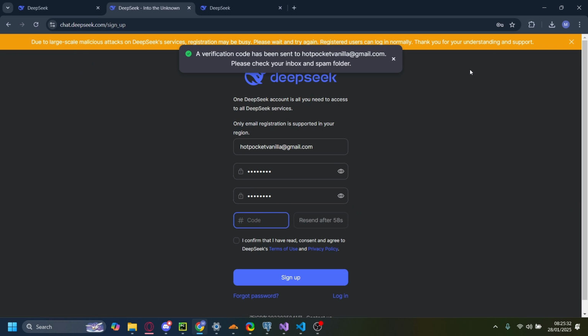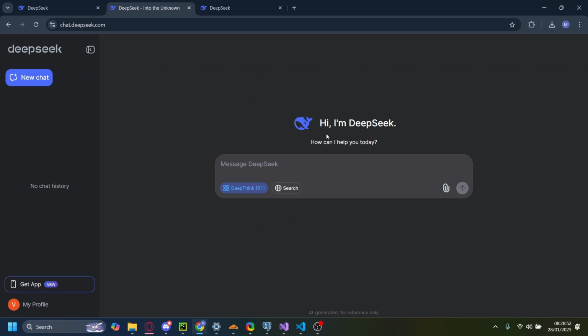Now you can see a verification code has been sent to our email. Let me open my email real quick and then put in the code. Now, once you've entered your OTP, you'll be automatically logged in like I did here. Now you can see you're signed up and you can start using DeepSeek any way you'd